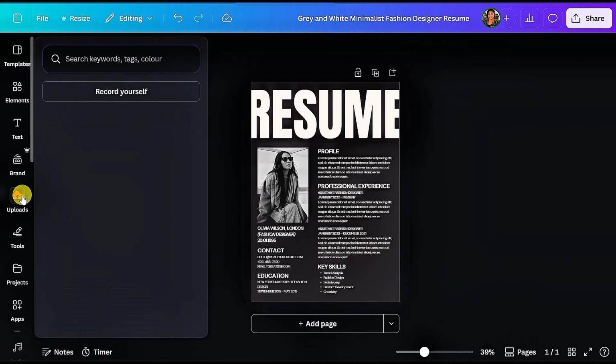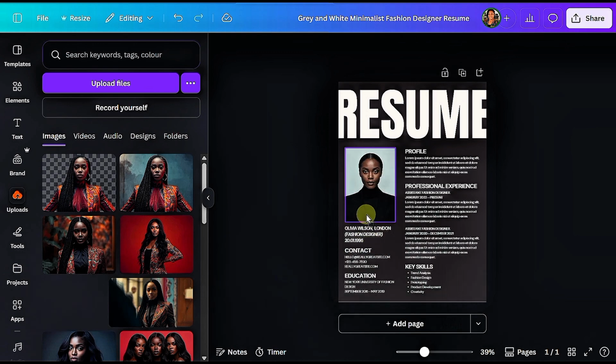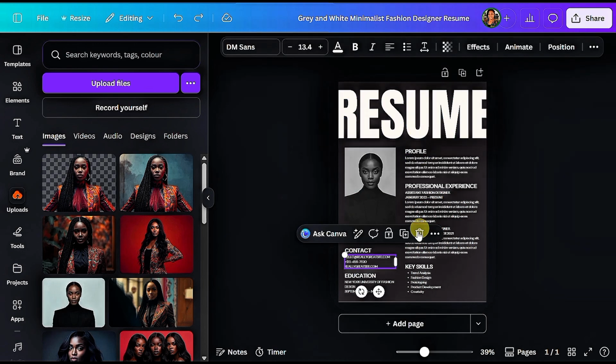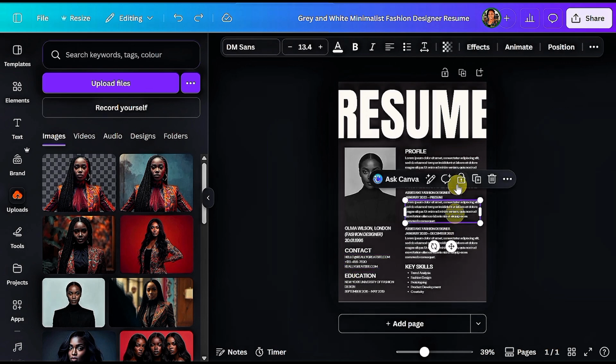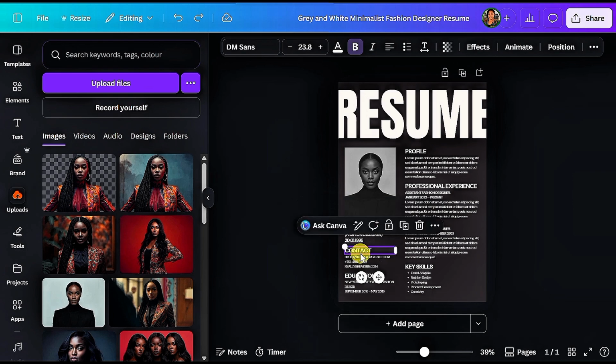Let's go over to upload to just make it our own. I want to drag my image into the resume. You can edit your text. Once you're done editing your resume and changing the text in these text boxes, making the template your own, you